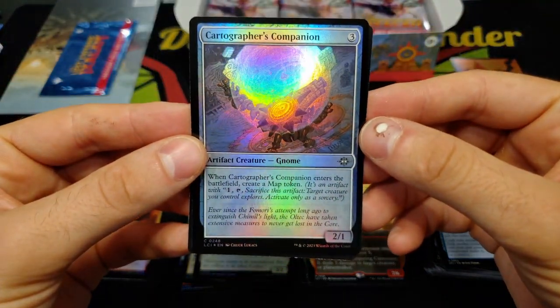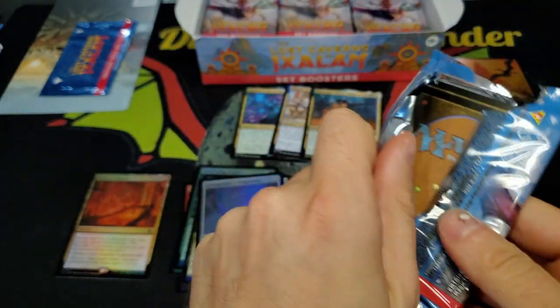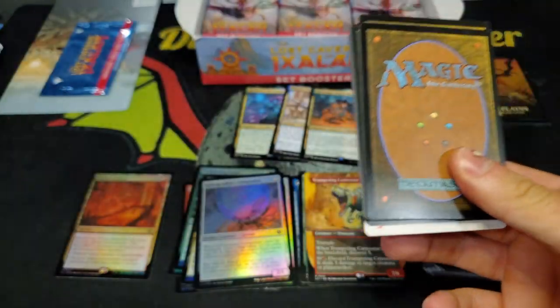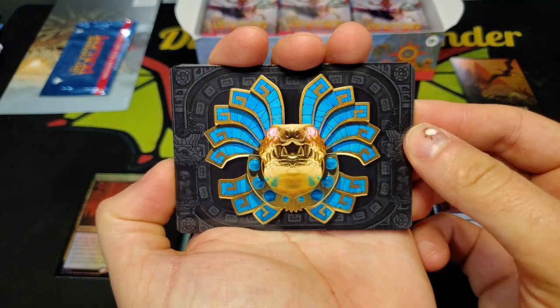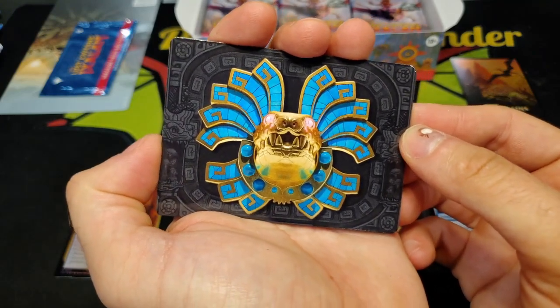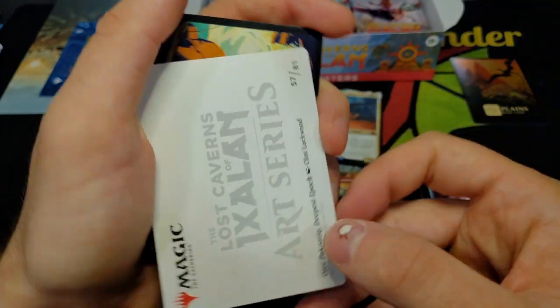Then we have the Cartographer's Companion foil. Solid hits. We got back-to-back mythics, or 3 mythics in a row, actually, I believe. Ooh! That is a cool... I hope we pull whatever this is, because whatever this is, it's got to be cool. What is it? It is...